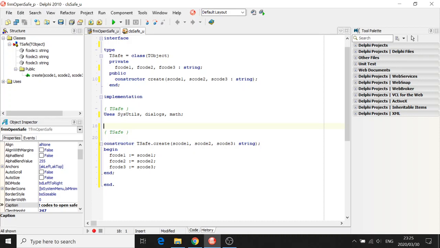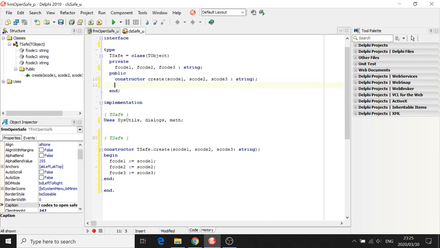Now we are going to declare another method, and it must be what we call a get method. A get method or an accessor is always a function. What do you want to get? No, I lie. We don't want to do that. Yes, we do. We do want a function that's going to return a result. And this result's going to be a true or false answer to the question as to whether or not the 3 codes